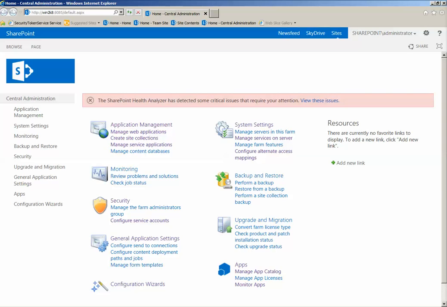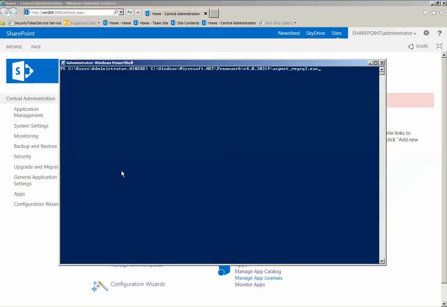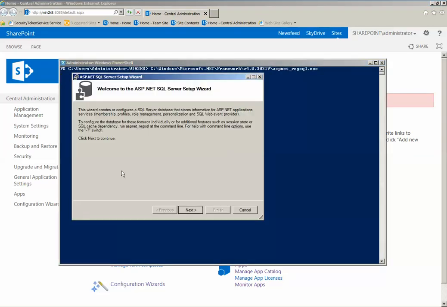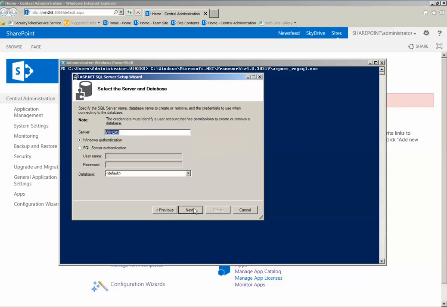Here, as you might know, FBA is a claim-based authentication method and is an identity management system that is based on ASP.NET membership and role provider authentication. Hence, first we need to create an ASP.NET DB in the SQL Server database. For this, we need to run the following command. It will open up the ASP.NET SQL Server Setup Wizard. Follow the wizard, provide the name of the database,